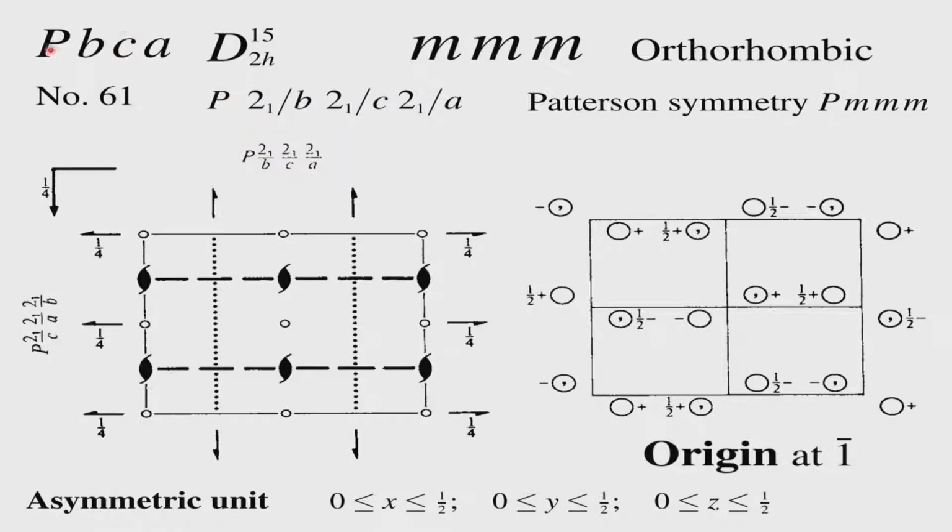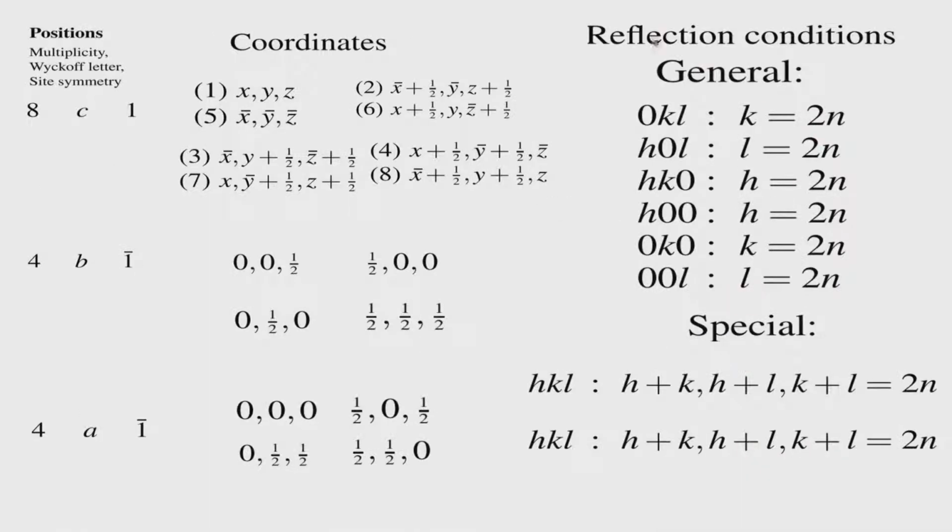That means it is a B glide perpendicular to the A axis, a C glide perpendicular to the B axis, and an A glide perpendicular to the C axis. In this particular system, we have studied the way in which the symmetry elements come up. Additional symmetry elements show up which are not really indicated here, and as a consequence we get 8 equivalent points in the unit cell. Those are the general points, so there are 8 equivalent points, which represents the multiplicity of this site XYZ, and the symmetry associated with the site is 1.